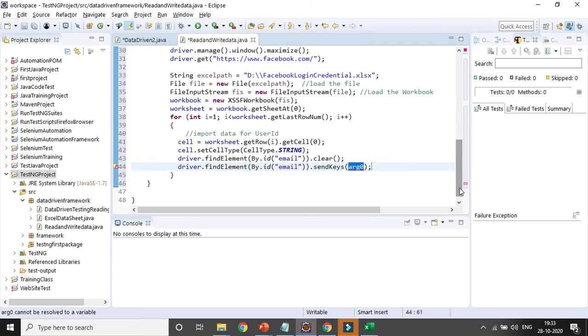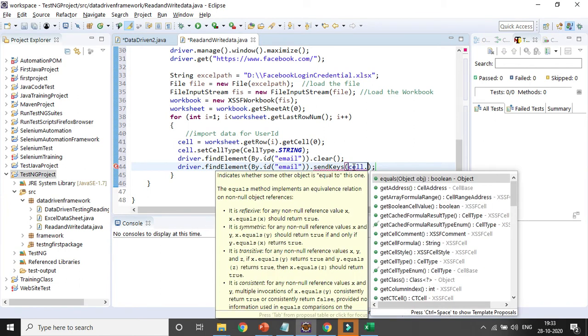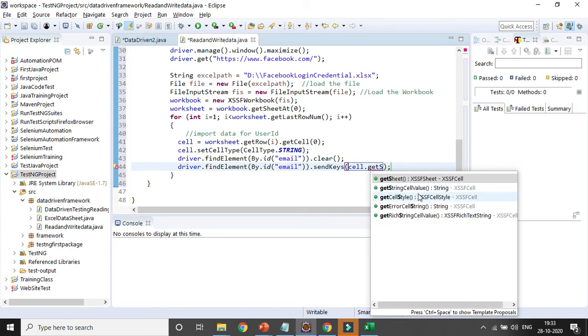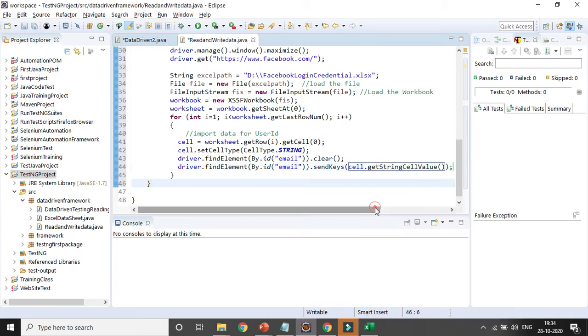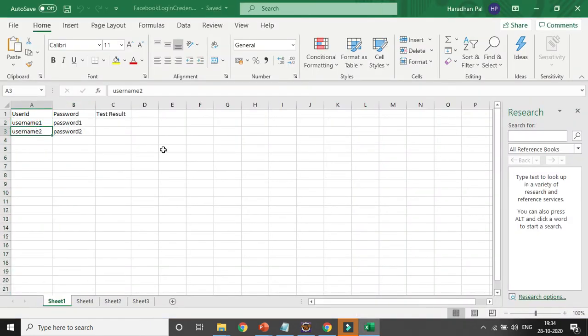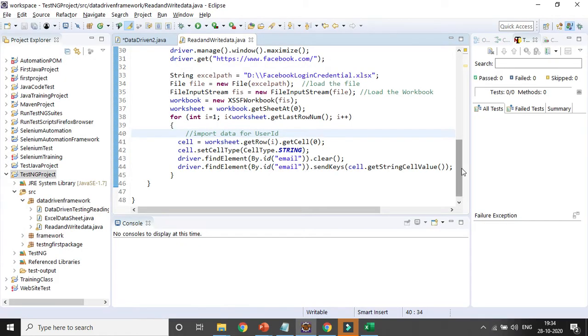It will be passing the cell value, right? That particular cell value. So the send keys will be cell dot get string, right? I need to get the string value only, get string. So whatever string value is there in the cell for the column, I want to pass it. So now it will be giving the value to that particular field, the username one field. Okay, now let's run the code and see if it is working or not.